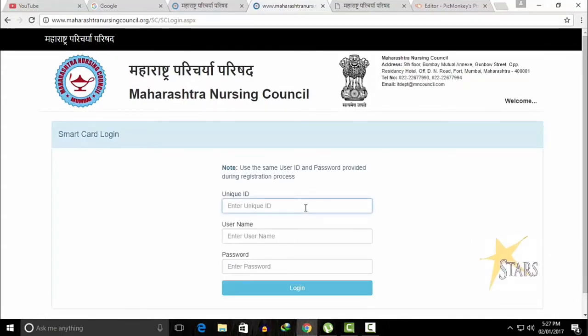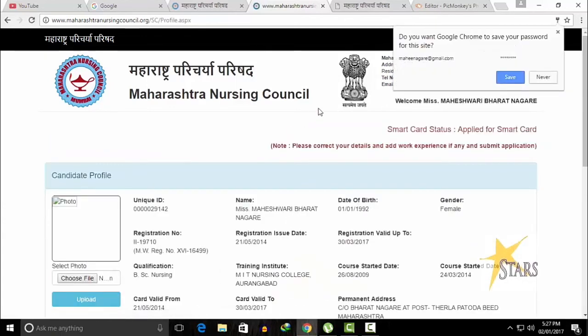After clicking on this, you will get a message. Enter your user ID, username and the password. Here you have to enter your user ID, UID, then username, email ID which you have entered while registering, or any of your other usernames which you have entered while doing the registration, login or creating username, and after that a password which you have set already.